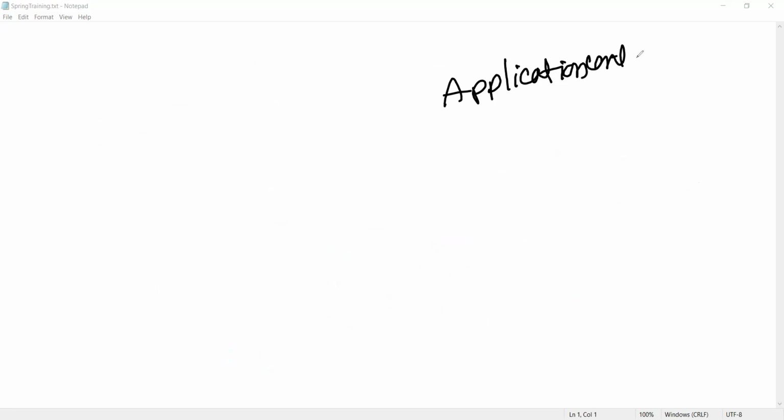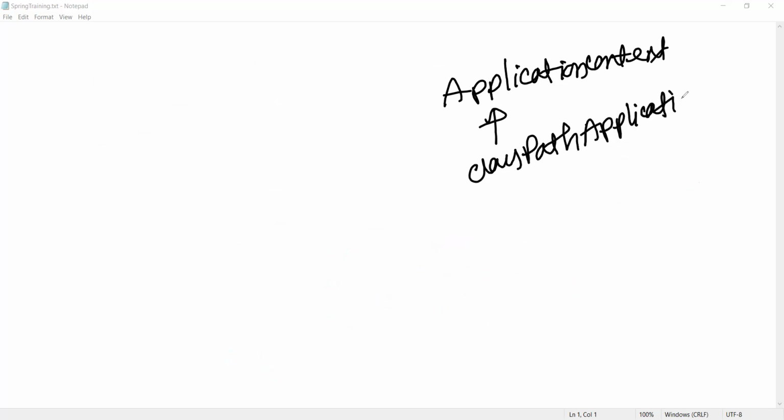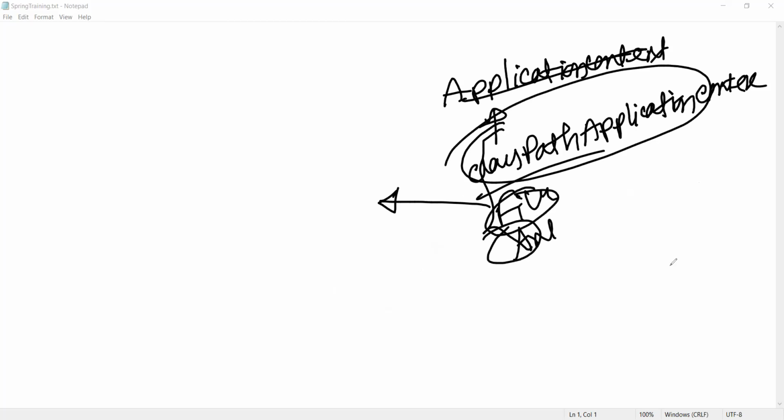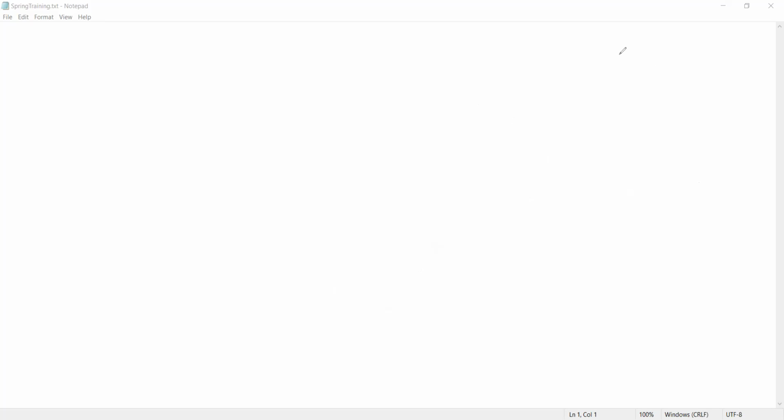There are some classes that implement this interface, like ClassPathApplicationContext, FileSystemApplicationContext, and AnnotationConfigApplicationContext. So an application context object means an object of one of these classes. Ignore everything else, I'll show you practically today.